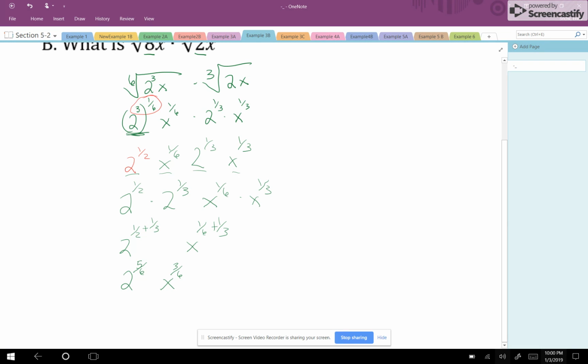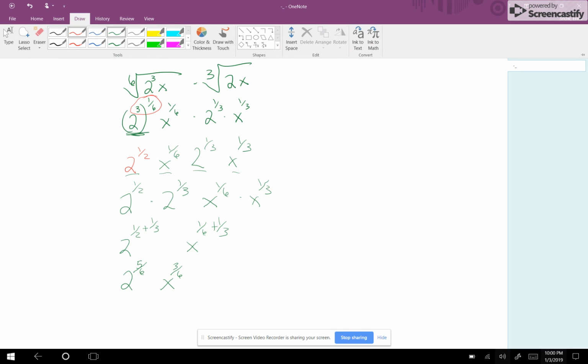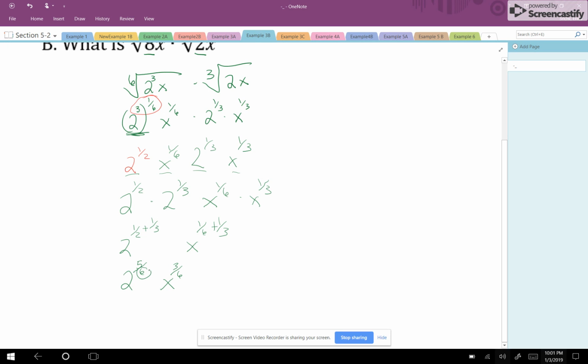Now, you might think, oh, I'm done, but you're not, because in order to get into reduced radical form, we need them to be in a radical. Now that we've gotten these here and our denominators are the same, we can make that 6 our index, and then our numerators become our exponents on the inside. And then to reduce it completely, we need to solve for 2 to the 5th, which is 32x